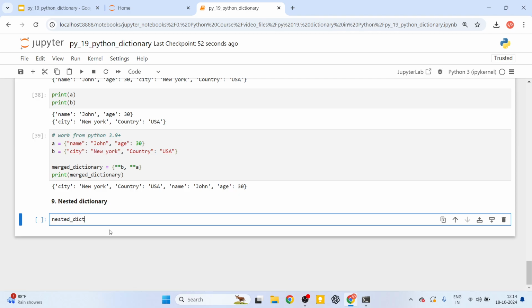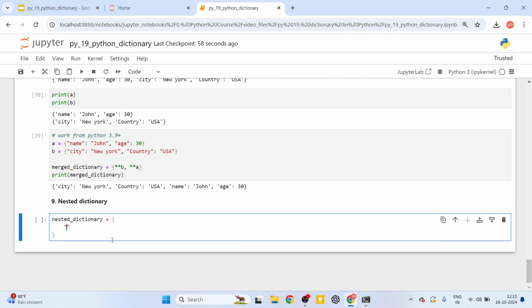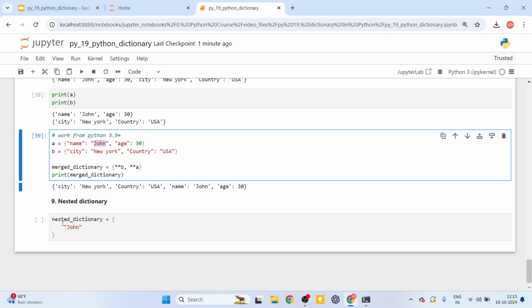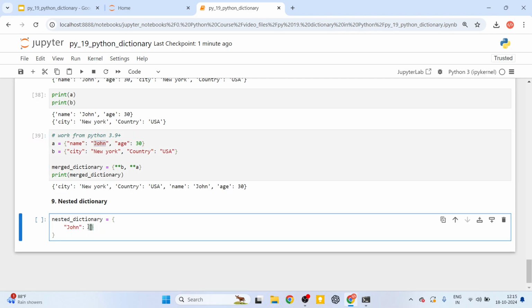I'll call this nested_dictionary is equal to, I'll open a curly braces, say John. John is the key of this dictionary, not the value but the key. Note this. So in this case, John is the value of name, but here John is the key, and I'm saying age is 30 and city is New York. Okay. So similarly, put a comma over here, copy this entire thing, come to the next line,